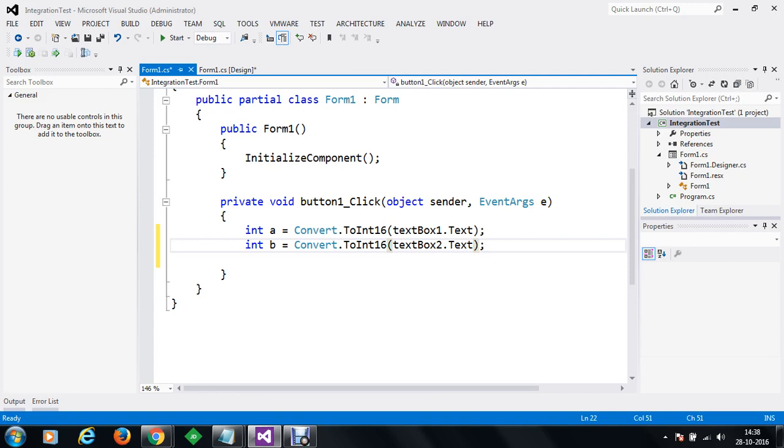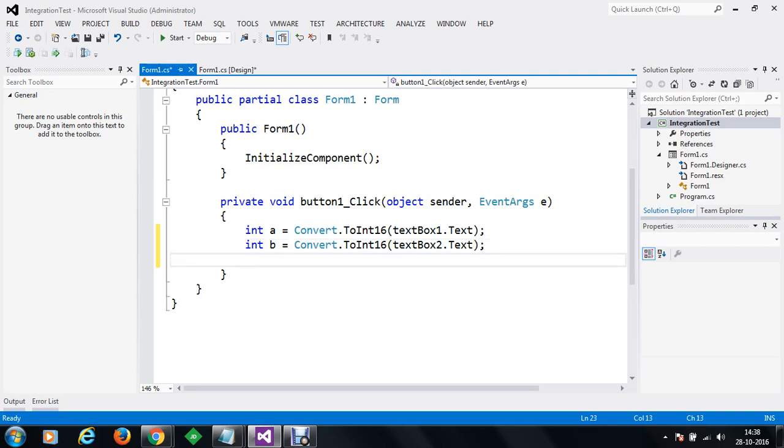Now in this case, let's say we are two developers working on the same project. I was responsible to handle the user interface and my methods for event handling, and there is another developer who has coded the add method. We both have performed unit test on our individual methods and we have integrated the code. Now after integration of the code, it may be possible that we are getting some false results. In order to identify that, we have to check how things will work. So for this, we have to use integration test.